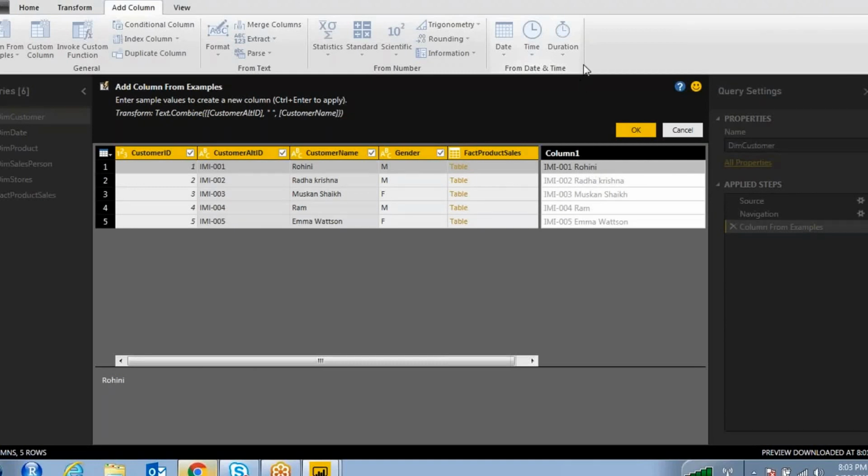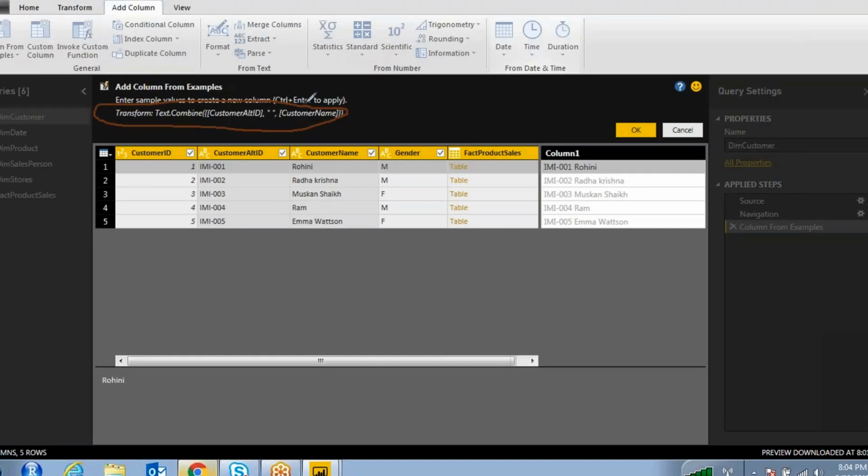How is it possible? If you observe the formula, it has been written automatically. If you don't have this feature, you have to write this function, Text.Combine, customer alternate ID, comma, double quotes, and customer name. Okay, so we have these options.